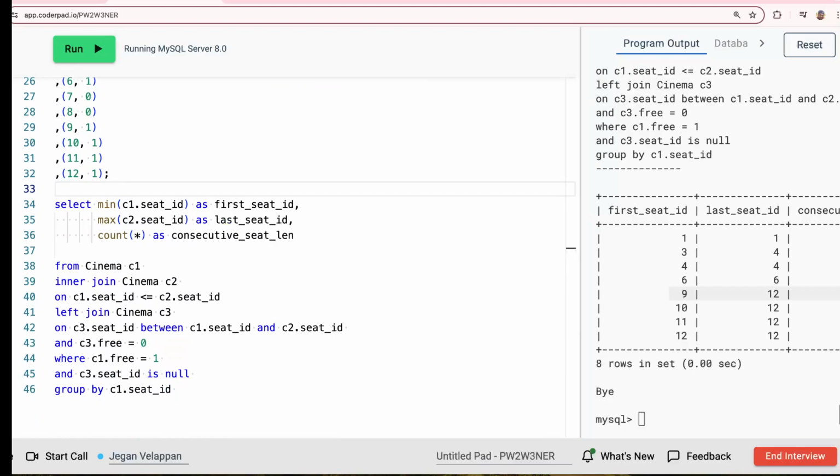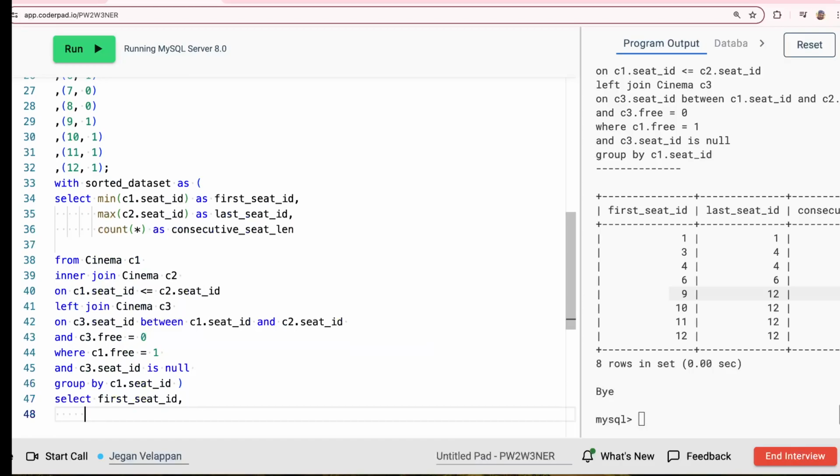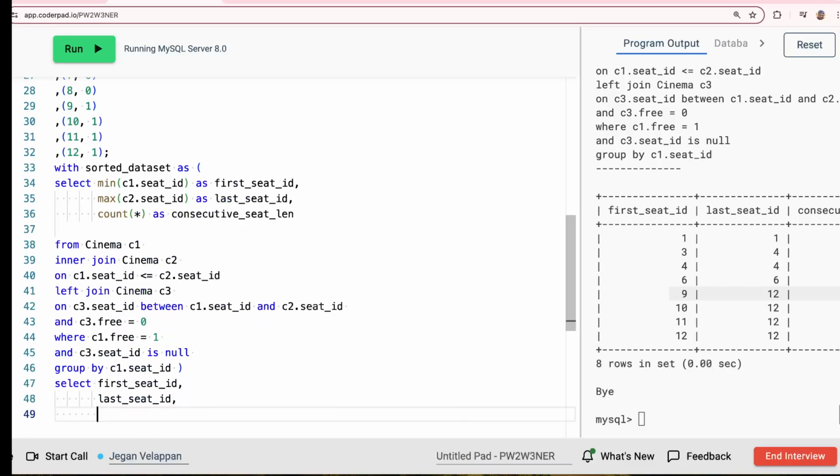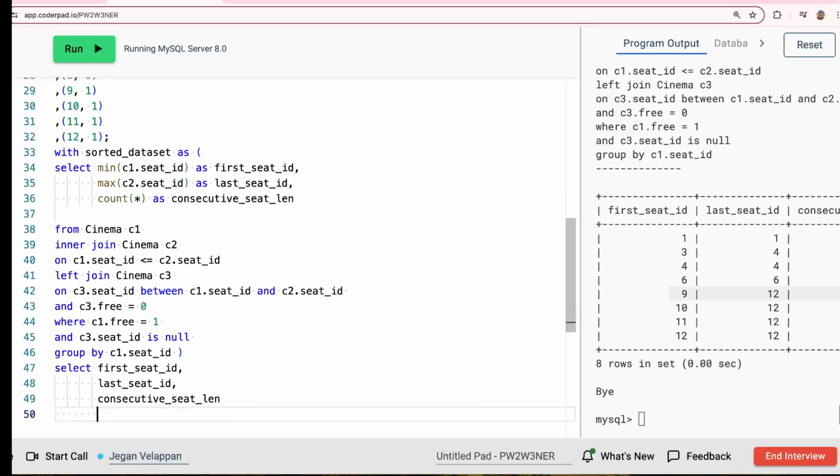Let's try to get that out with the sorted data set. I'm going to have this as a clear data set. I'll say select the first seat ID and then the last seat ID, and then the consecutive seat length from